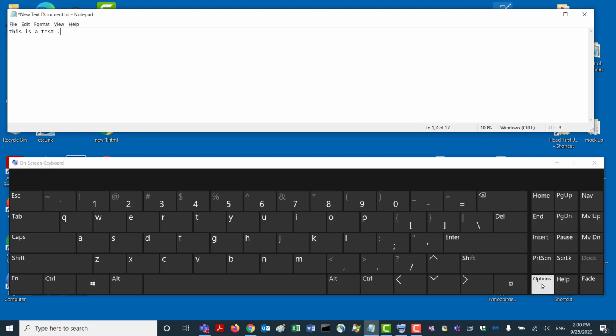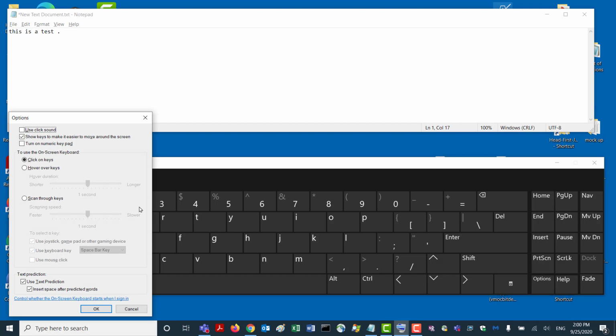So within the options area down here in the lower left area of this on-screen keyboard, you can pick options. And one of the choices here is scan through the keys. And when you pick this scan through the keys, you can see they've got a faster and slower. As people get more proficient at using an on-screen keyboard in row column scanning mode, they might crank up the speed to the left-hand side here. And with this one, the current default is spacebar. So what I'm going to do is go ahead and choose OK.